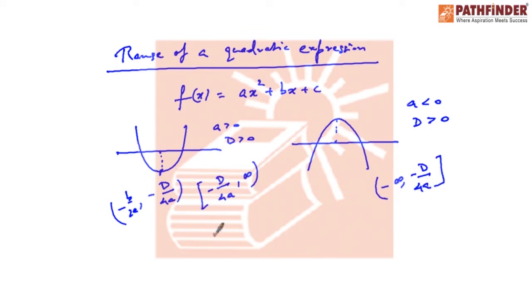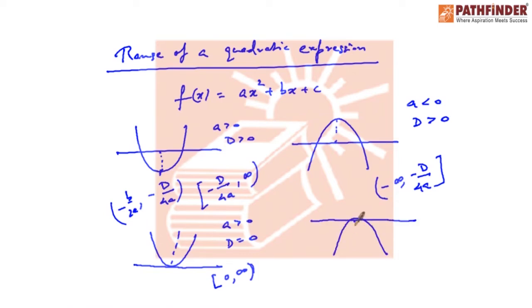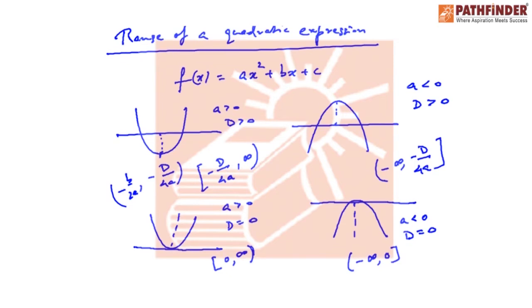If you have an expression like this, a graph that looks like this, here a is positive and of course d is 0, then we can easily say the range is from 0 closed to infinity open. Similarly, when the expression looks like this, here this is the case of a less than 0 and d equal to 0, we would say the range is from minus infinity open to 0 closed. And so on and so forth. We can consider various diagrams and accordingly very easily evaluate the different cases of ranges.